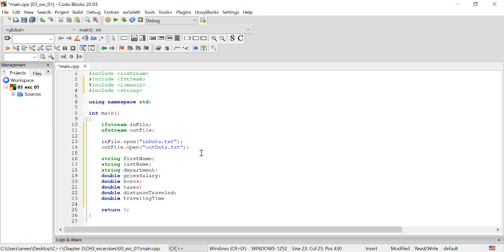And now we go to the next line, which is double mugsSold, semicolon, and double costPerMug. Now it's quite obvious this program is going to have a lot of variables. It's not too hard, it's a fairly simple program. So now that we've done this,